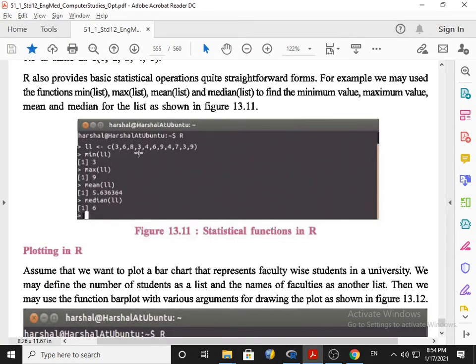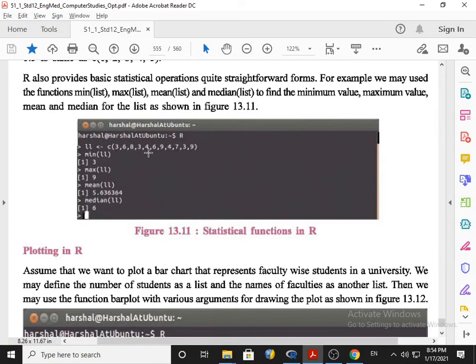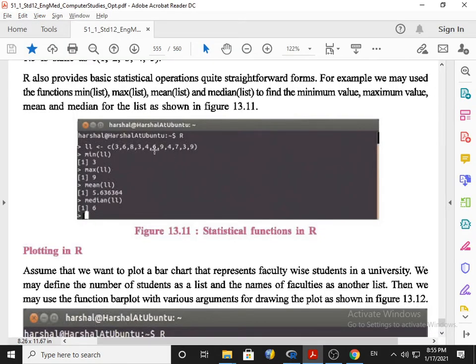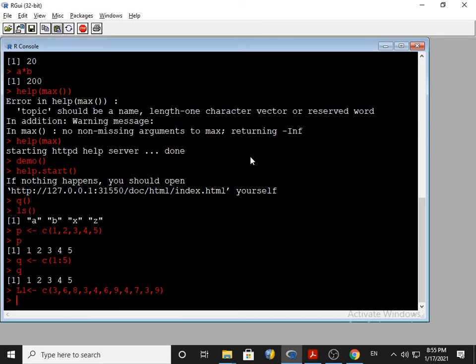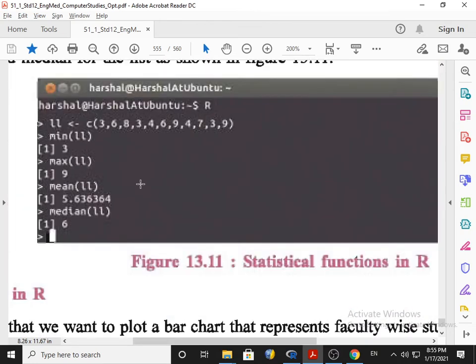It is given 3, 6, 8, 3, then 4, 6, 9, 4, then 7, 3, 9. So variable L1 is available. I hope you can see. Now here I can use all the functions, for example min L1, max L1.